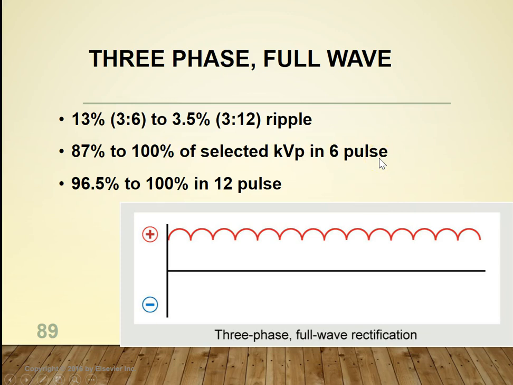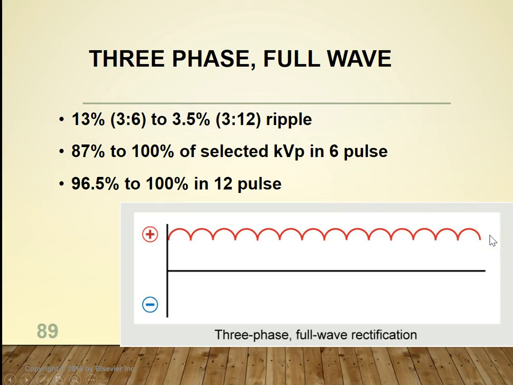But if you have a generator that has 12 pulses, then that 3.5 goes from 96.5 to 100%. So by using more pulses and the 3 phases, trying to alternate these currents, you can get less and less